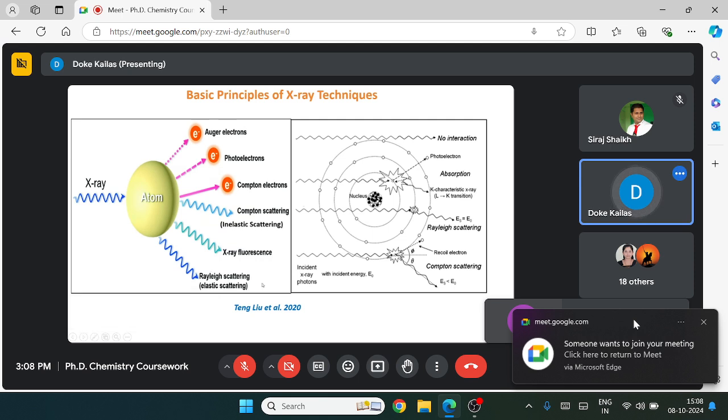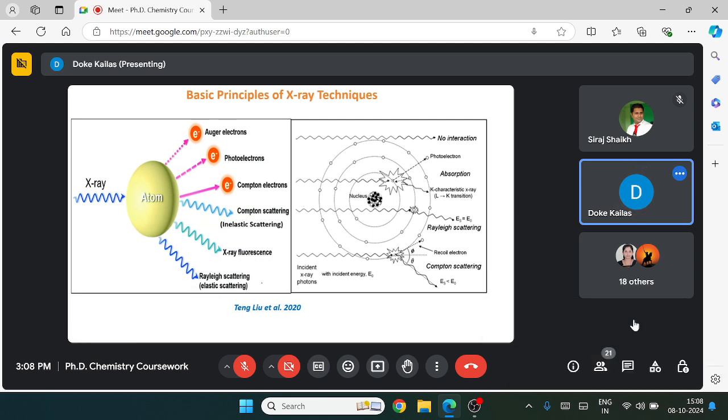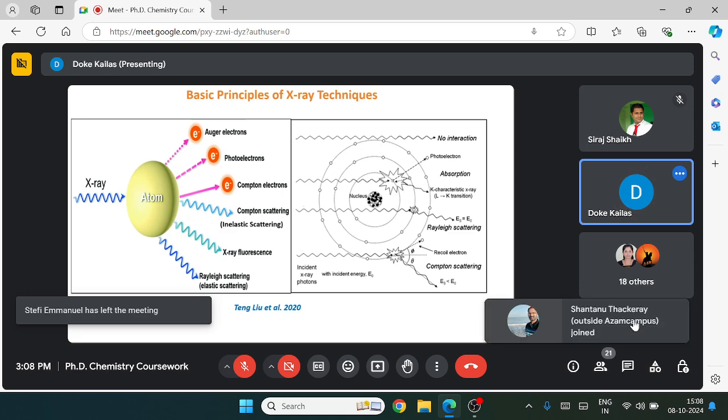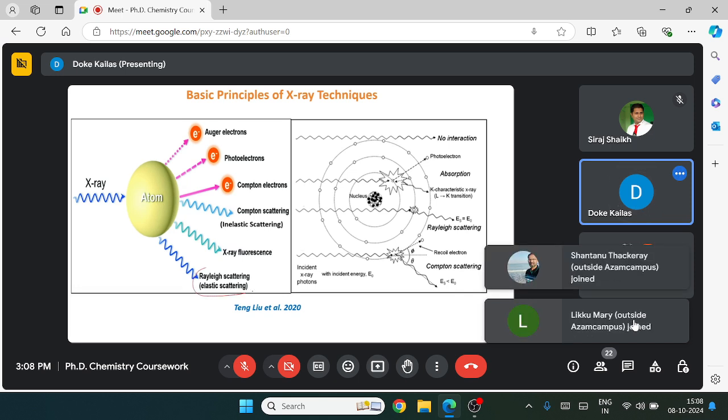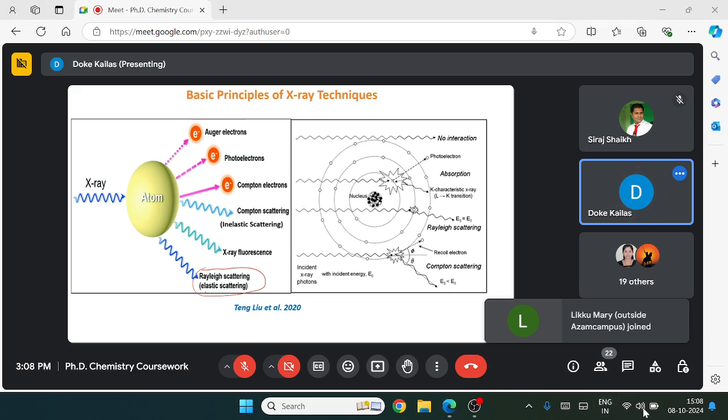This Rayleigh scattering or elastic scattering was concerned with respect to diffraction, X-ray diffraction. This is another technique, X-ray fluorescence technique. Compton scattering is another technique. So today,